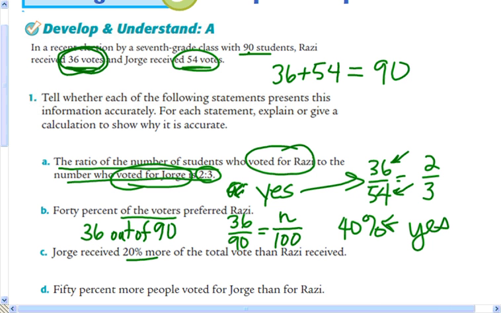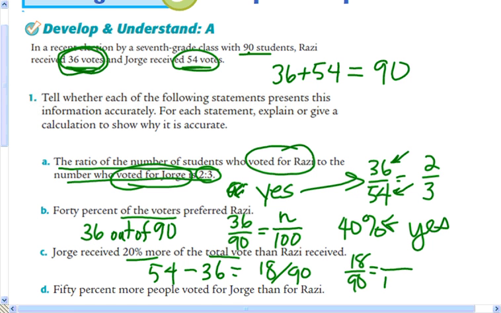Well, Jorge got 54 and Razi got 36. If we subtract those two, we see that Jorge got 18 more votes than Razi. And 18 out of the total, which is 90 students, so we want that to be a percent, 18 out of 90. And that is